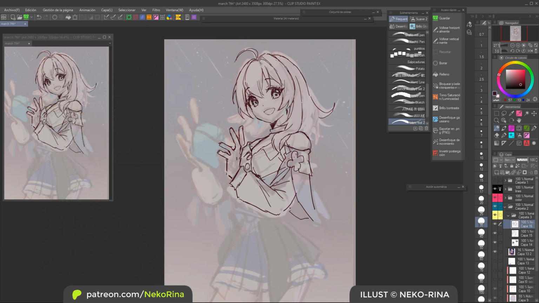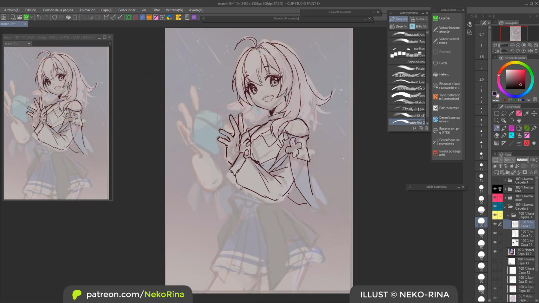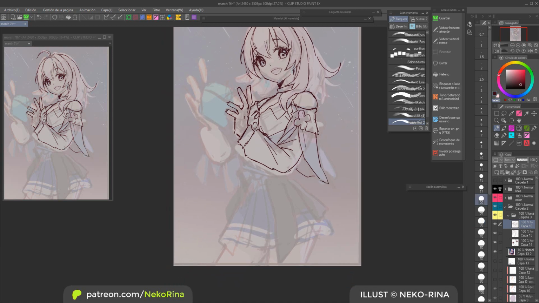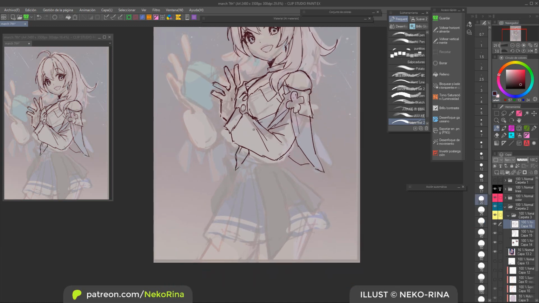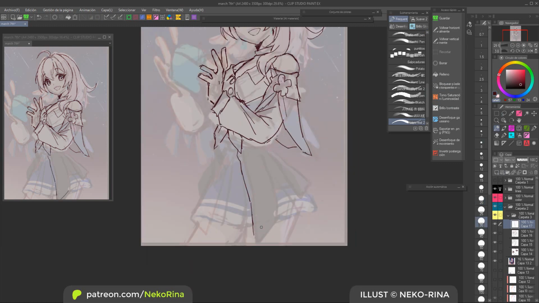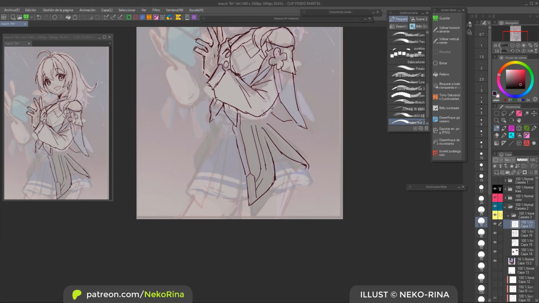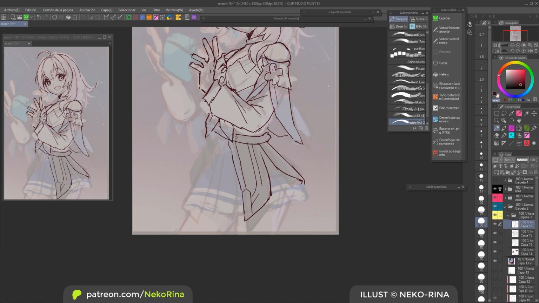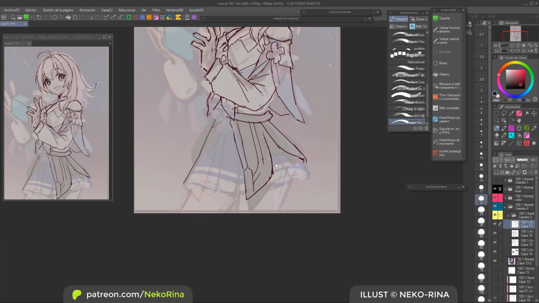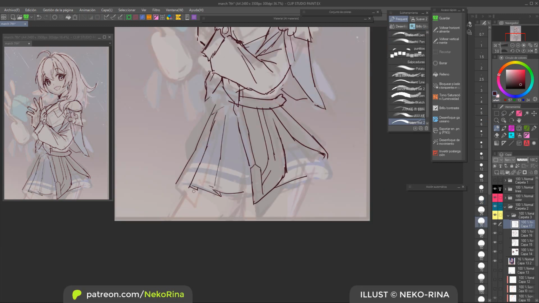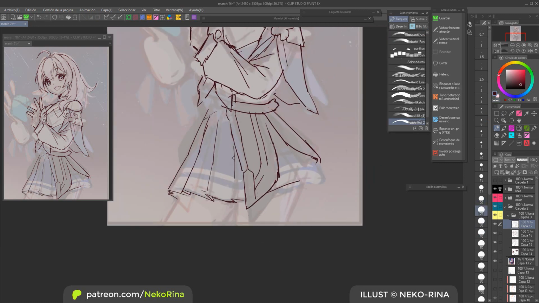Cel shading has its roots in traditional animation. The name comes from cels, short for celluloid, which are these clear sheets of acetate that are used, or at least were used back in the day, to create 2D animations. Meanwhile, soft shading is just an evolution of traditional painting techniques, like those you can see in old paintings like the Mona Lisa, the Girl with a Pearl Earring, The Swing, and many more.